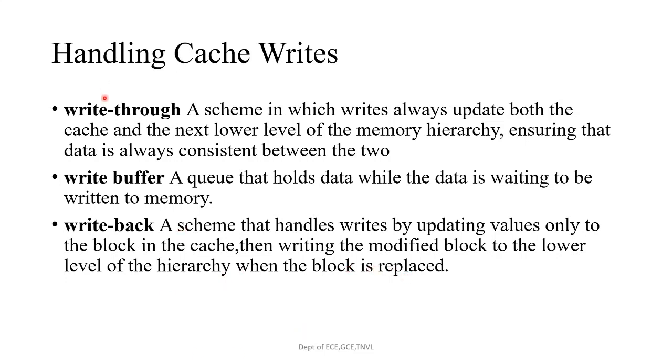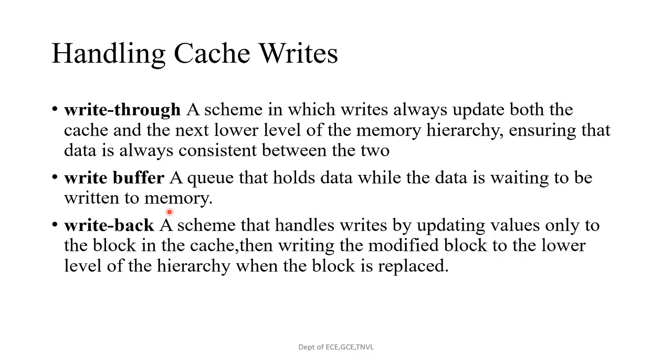The usage of a buffer relies on the drawback of write through. The drawback of write through is that these writes will take a very long time, likely at least 100 processor clock cycles, and could slow down the processor considerably. In order to avoid this problem, the solution is to use a write buffer. After writing the data into the cache and into the write buffer, the processor can continue execution. When a write to main memory completes, the entry in the write buffer is freed. If the write buffer is full when the processor reaches a write, the processor must stall until there is an empty position in the write buffer.